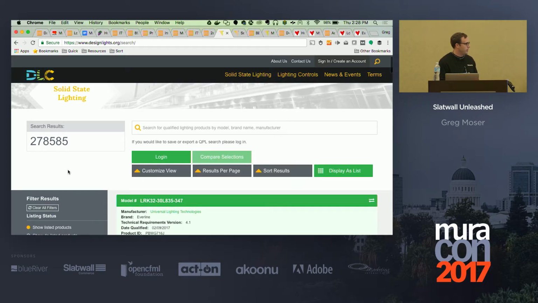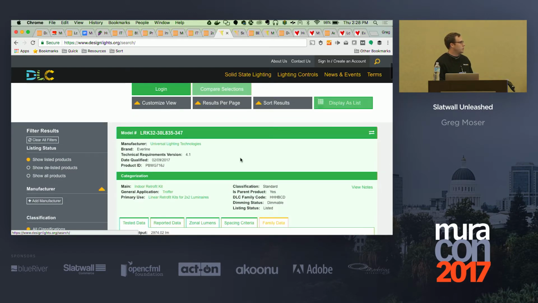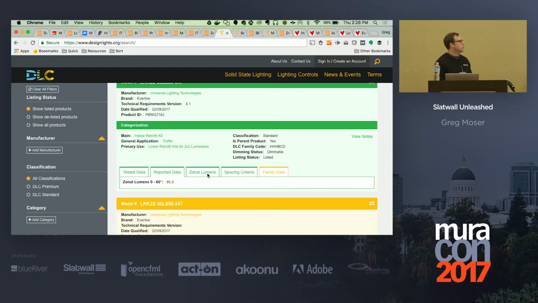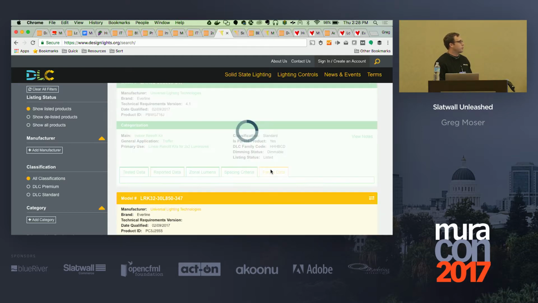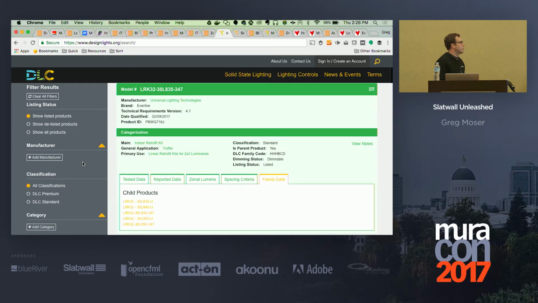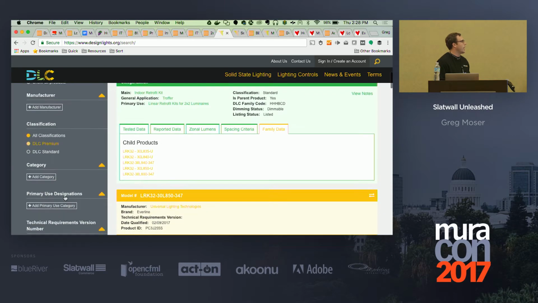We didn't do the design on this, but you can see here we've got 278,000 products in here. We can completely customize this view. Each one of these is an individual product, so you can see tested data. These are super, super granular. And if you're trying to pick lights, filtering on this stuff is super critical, right? So I want to filter by manufacturer and category and